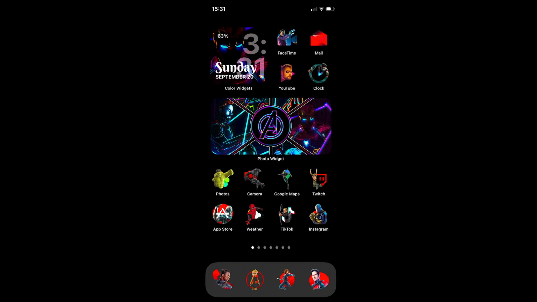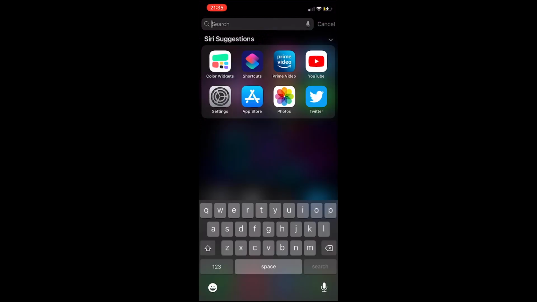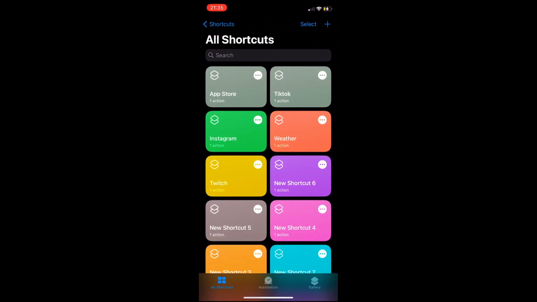Now we're going to go ahead and customize all the application artwork and give them different icons to make them really cool. Okay, up next we're going to open an app called Shortcuts. Now basically this app does not change the artwork of your original apps. It creates a duplicate of that, like a copy of that app, and then you can change the artwork on that copy basically. So once you're on the app, just click on this plus sign right here